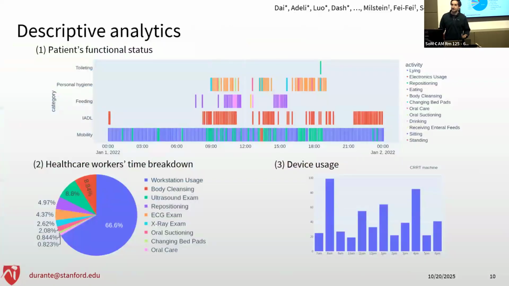All right. So what can you do with these sorts of data now that we can collect all these fine-grained details? You can do really interesting plots. So I really like this plot number 1. It's basically a timeline, and you can see all the different activities that people are doing. And you can imagine for something like OCD, where there might be some repeated activity that you can detect, you might actually see specifically a repeated activity many times within a period of time. You can understand how frequently it happens and also how long is spent on those activities.